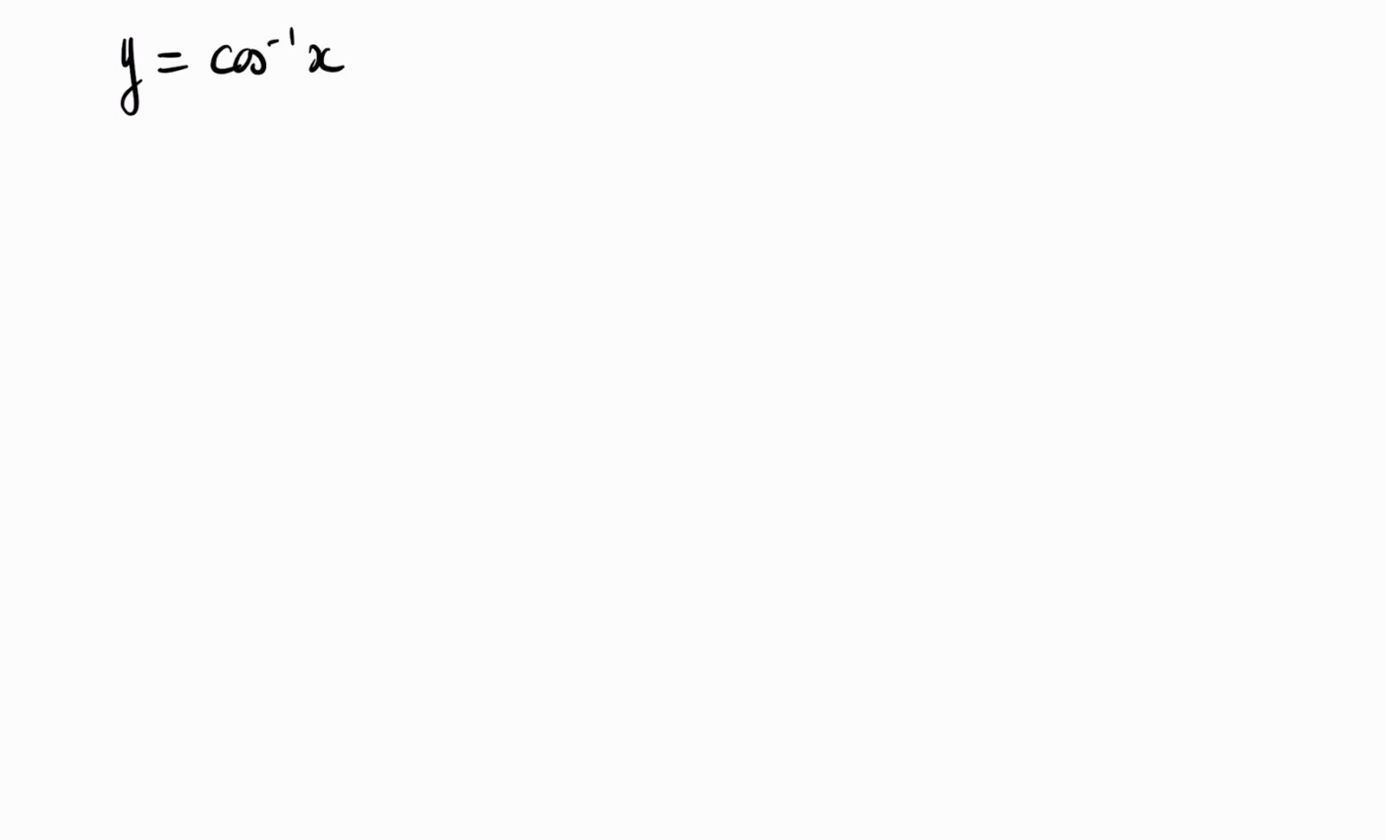This is for x between minus 1 and 1. Cosine x, what's that? y. Okay, so that means that y is between pi and 0. So therefore x is equal to cosine y, and so if we do